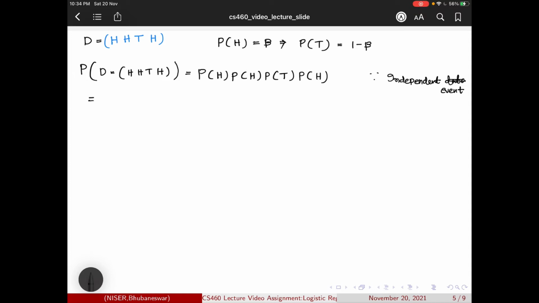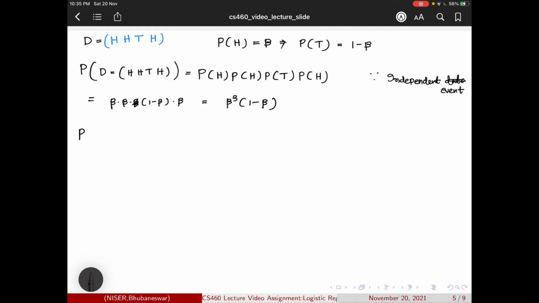And we know the probability of head is beta. So this simplifies as beta cube into 1 minus beta.